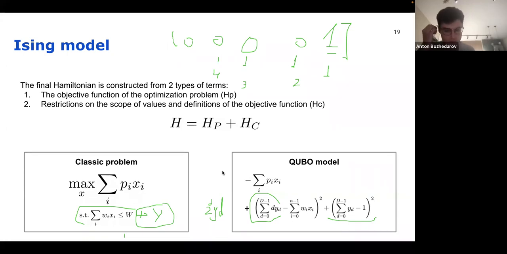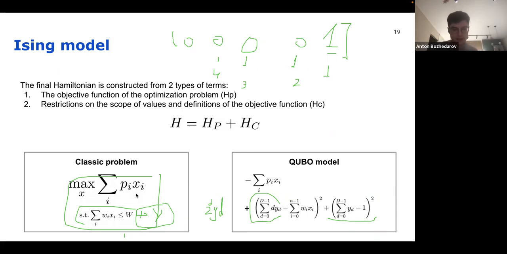This is just a way to encode NP hard problems, is that right? Yeah. It's a way to encode the hard NP hard problems. The bin packing problem is NP hard. Right. And this is just one of the possible solutions for how to encode this as an Ising or QUBO model. So the QUBO model is also an NP hard problem in such a way, and the Ising problem is also NP hard.